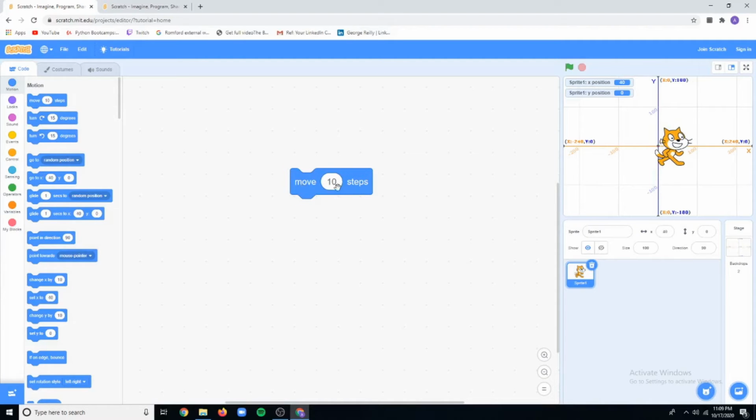Yes, if you do not mention anything here, automatically the sprite will move towards the x coordinate. Yes, but if I want my sprite to move behind, so that time I need to specify the coordinates, and that will be negative.